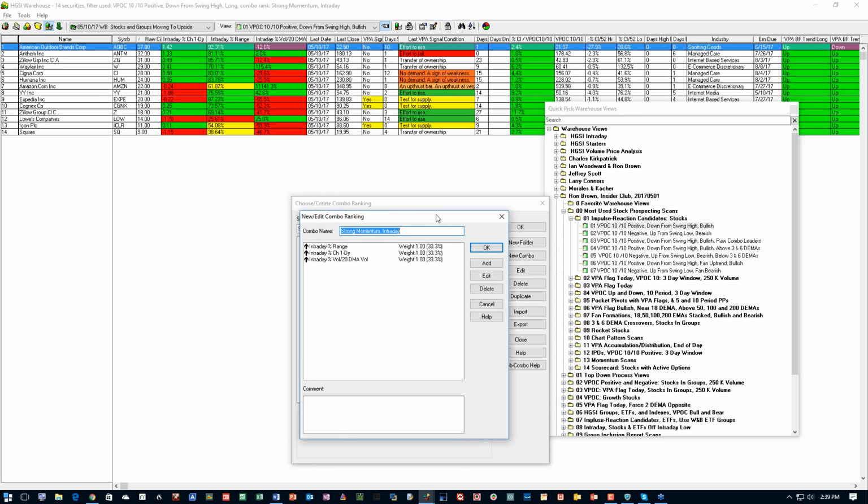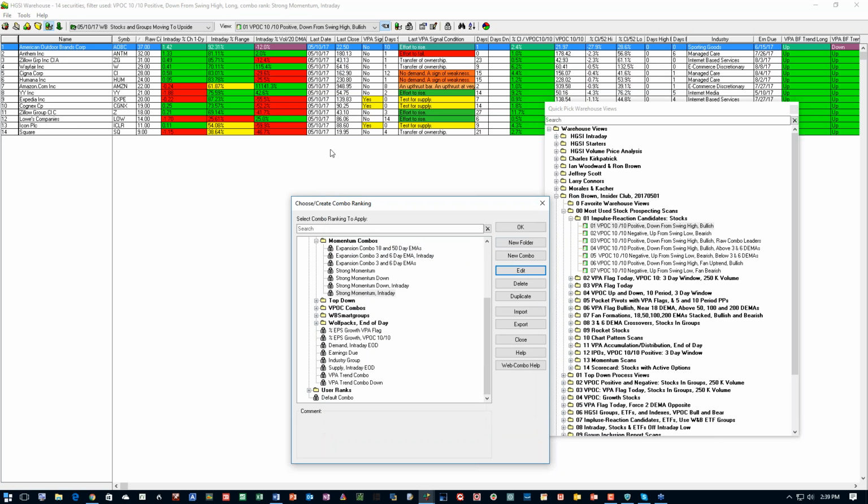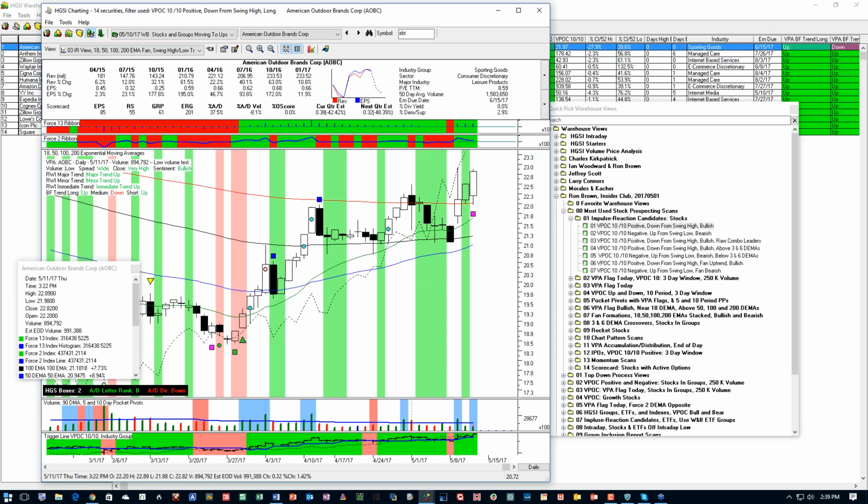for this combo. I took these three factors, or fields I should say. The intraday percent range, weighted it at 33 1/3%, or 1. The intraday percent price change, same thing, and the intraday volume. Now this volume on this particular stock is slightly down from yesterday. This is compared to 15 minutes ago. But the other two factors, the range is 92.31%,